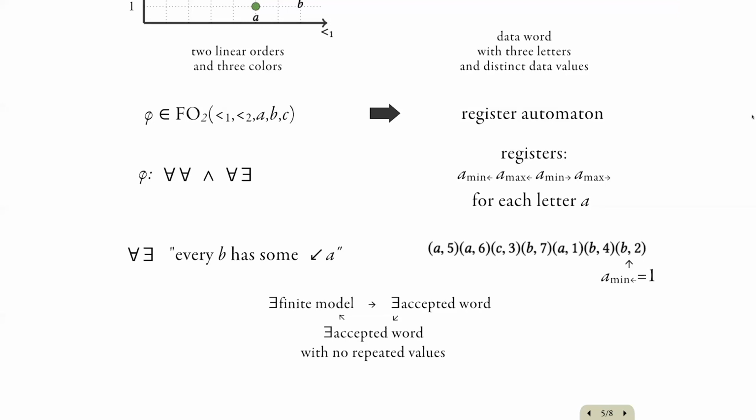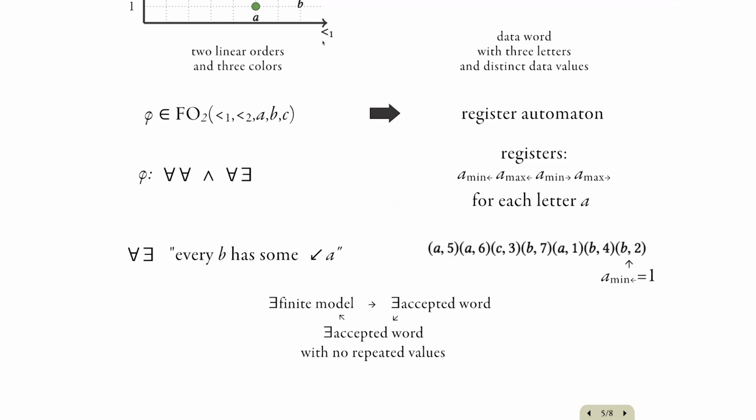So this essentially gives a reduction of the finite satisfiability problem for the 2-variable logic with 2 linear orders to the emptiness problem of register automata over data words with linearly ordered data values. And this emptiness problem is easily seen to be decidable, so this gives an alternative proof of the result of Schwentick and Zeume. Now, if you want to generalize this approach to general satisfiability, we need to be able to